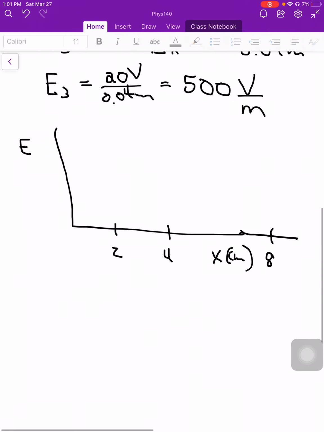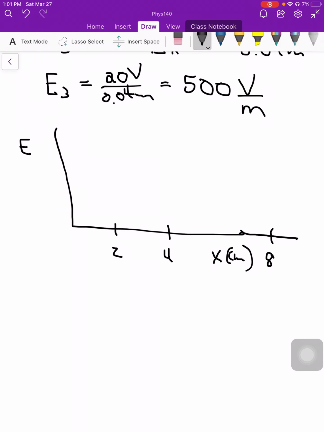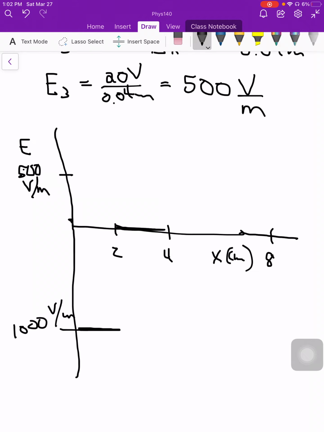Okay, so I have negative 1,000 volts per meter. So I'm down here for the first 2, then I go to 0 from 2 to 4, and then I'm at about 500 volts per meter. So I'm here. There we go. Okay, so you can see that graph now for the electric field, and we can see